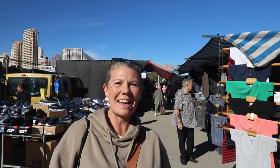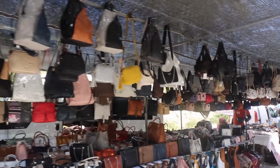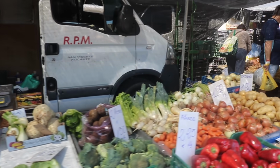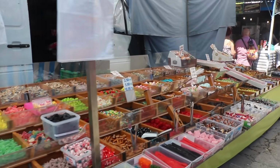What can you buy at this market? Well, all sorts really. Clothes, bags, shoes, belts, not to mention those all-important pants and socks. But it's not just tourists that use this market for souvenirs and gifts. A lot of locals use it too. There are some great food stalls, fresh fruit and veg. That's the main reason you'll find me at this market. You can also get dried fruits and nuts, olives, cheeses and produce like that at a much better price than